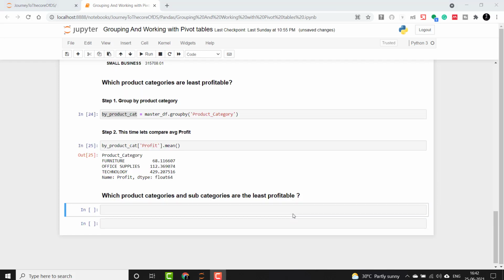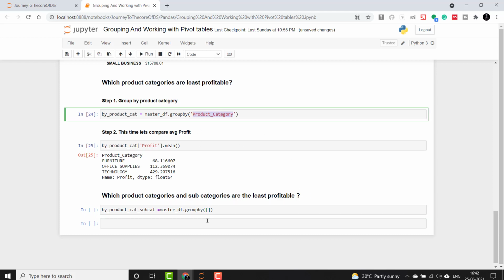Now let's see which product categories and subcategories are the least profitable. For this we have to group by category and subcategory both. So I'll create another data frame and name it by product category and subcategory, and then use master_df and do a group by and specify a list.